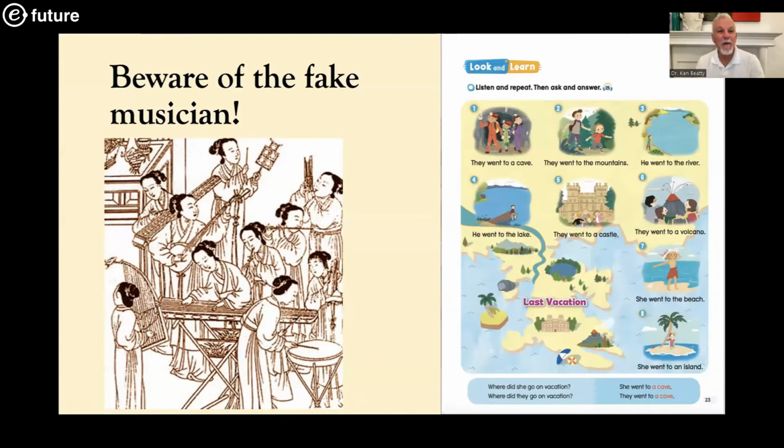The next one is beware of the fake musician. What is this about? It's actually an old Chinese fable. This man was unemployed and his friend was in the orchestra for the emperor. And he said, why don't you join the orchestra? He says, I don't know how to play an instrument. He says, okay, just buy a pipa, a Chinese lute. He said, there's 50 lute players. You can sit with them and just pretend, right? And then